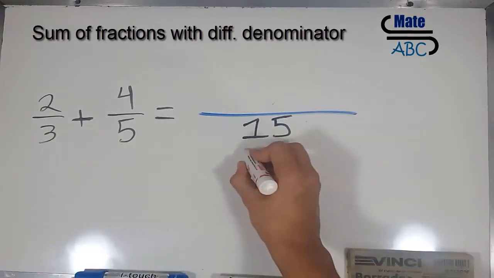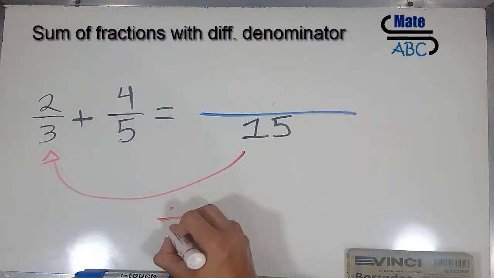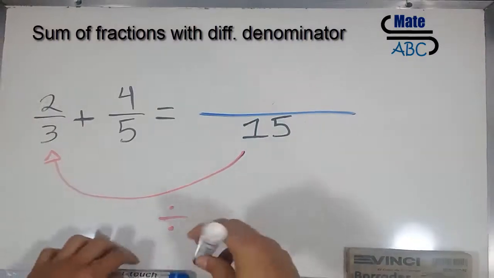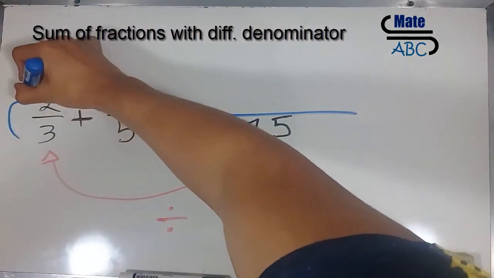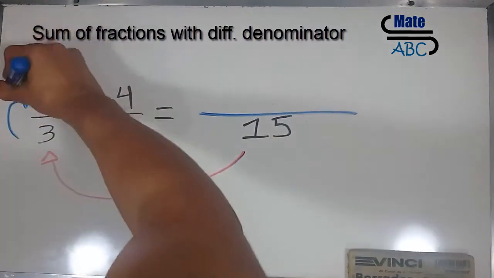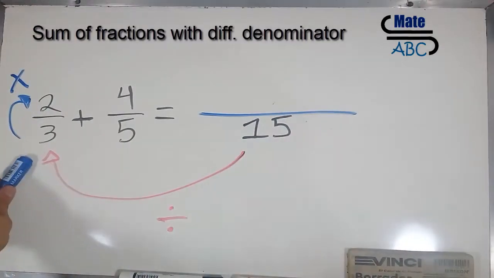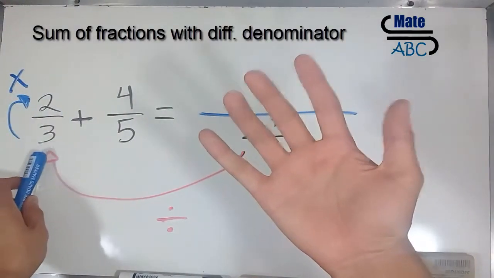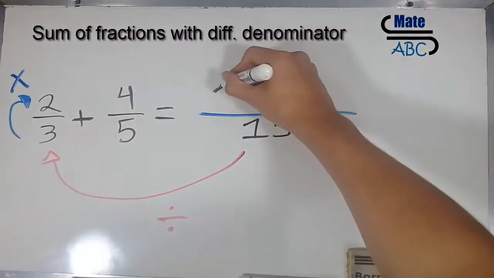So here we go. 15 over 3, it's 5. And we finally need to multiply this result by 2. So here we go. 15 over 3, 5, and 5 times 2 is 10,